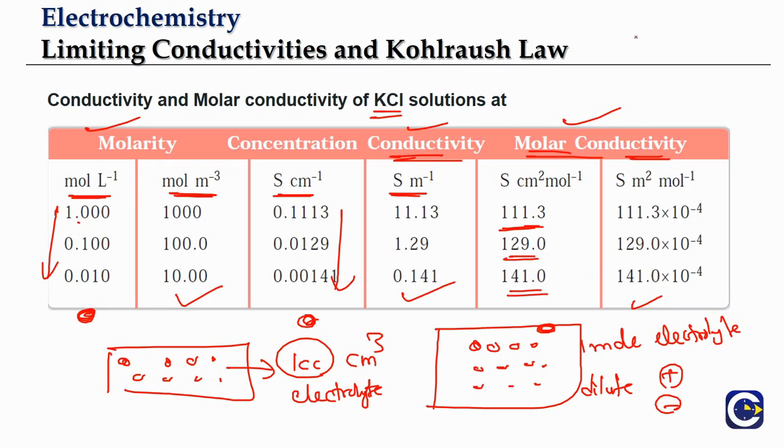We already saw the graph also. What is the graph going to be? For strong electrolytes, it is going to be a straight line and it will be touching the y-axis at lambda m infinity, the limiting value of molar conductivity. So this is how we can look at the effect of concentration on the conductivity value and molar conductivity. Whatever trend we are seeing for the molar conductivity, the same trend is going to happen for the equivalent conductivity also.